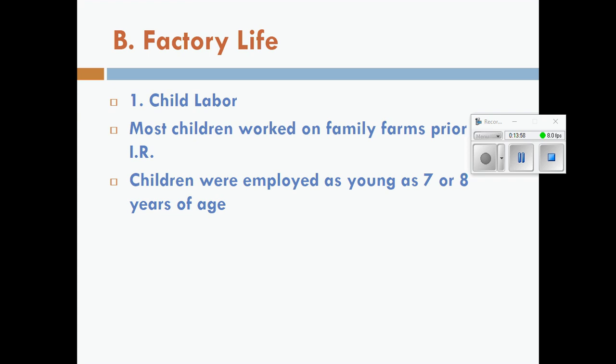They're probably getting paid pennies, if even pennies, half pennies or whatever, but barely getting any wages, and no one is really supervising kids doing this. So it's not something that any of us would really want to do in life at age 7 or 8. Heck, I know some 7 and 8-year-olds that can barely walk and chew gum. Some can't even tie their shoes, but yet they're working in these factories